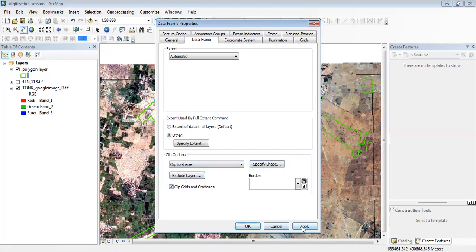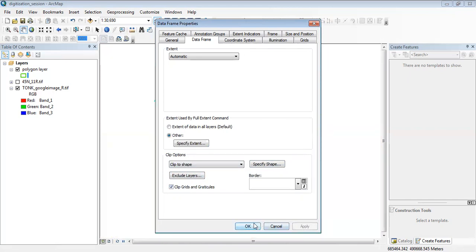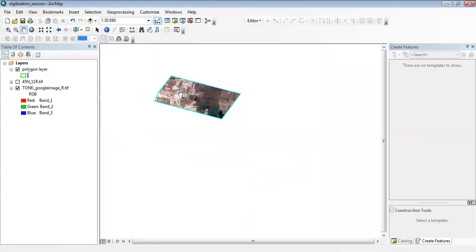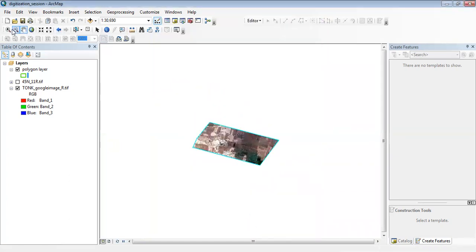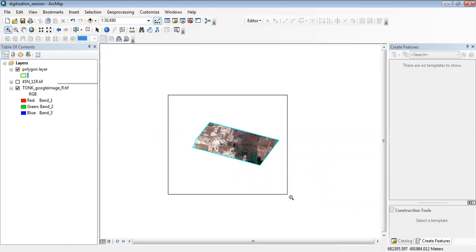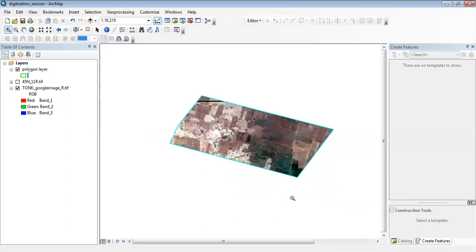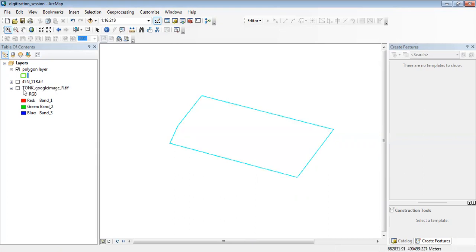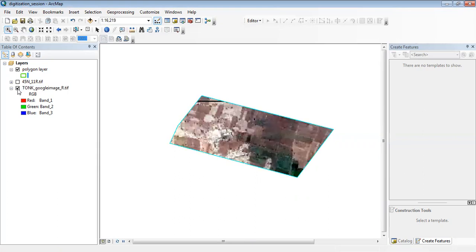Click apply. In this way you can see our raster data is clipped using this method. But here we can see there is no output file for this process.